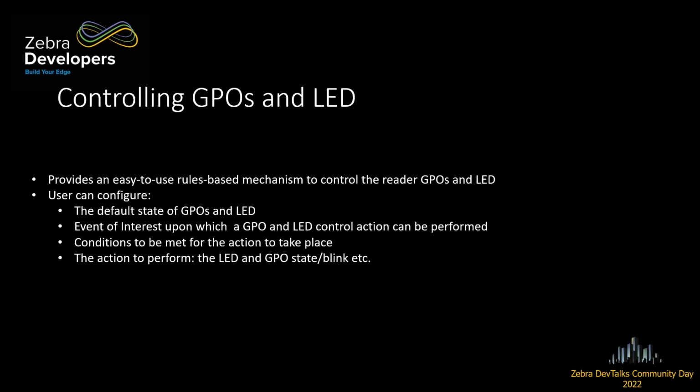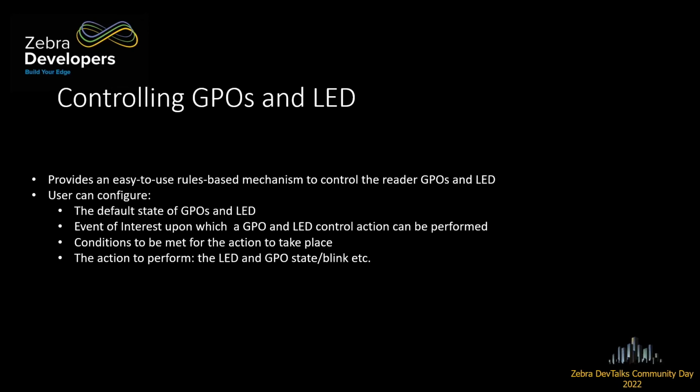So like I said, the IoT connector provides a rules-based mechanism through which you can control your GPIOs and LEDs. In order to do that, and again, I'll run through this in the demo in some time, what this allows the user to do is select the default state of all the GPIOs and LEDs, whether they want all the GPIOs to be low or high, or if LED one should be off or glowing a particular color. You can select all those defaults. And once you've selected the defaults,